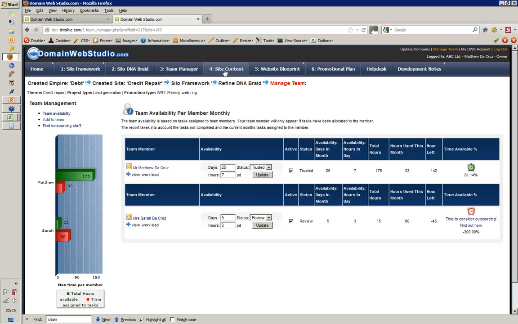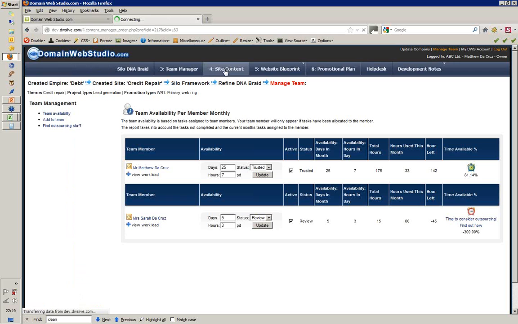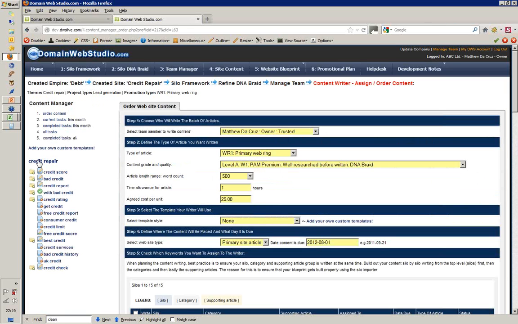So now we're going to hop back into the actual development cycle. We've got our team sorted, our resources are fine. Site content, this is the primary site content, and this is how we're going to manage all the content on the website. So when we click into this, we get to see our silo architecture, and over here you get